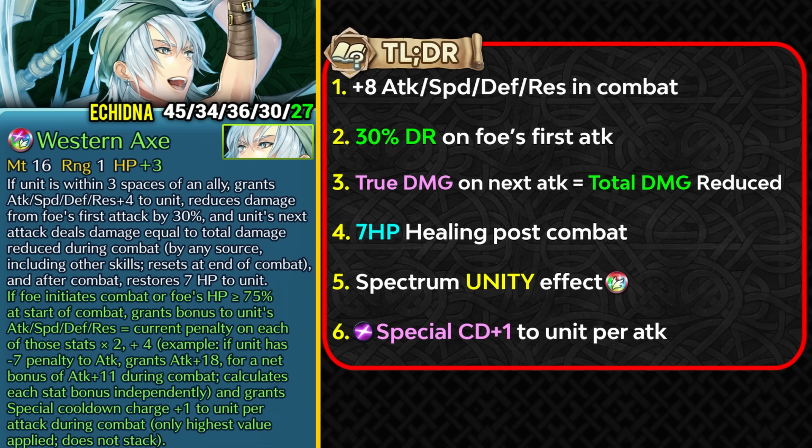and this is a very strong effect, as you have seen on Hans, because it allows you to just one-shot units quite easily, and it definitely helps with Echidna because she doesn't really have the highest attack stat, so having the true damage is really good. And then she can heal up 7 HP after the combat, and she has got Spectrum Unity effect built in,